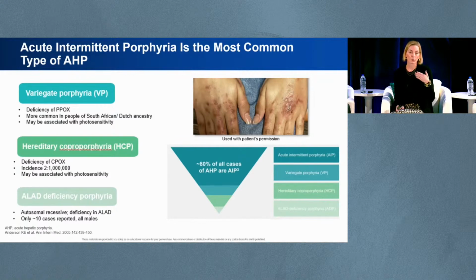The next two less common types of acute porphyria are variegate porphyria, or VP, and hereditary coproporphyria, or HCP. The main difference between VP and HCP and AIP is that VP and HCP can also present with photosensitivity, and patients can develop these bullous lesions, blistering mostly on the back of their hands and forearms. And you can see in the picture here, this is a very typical presentation of a patient, a young woman